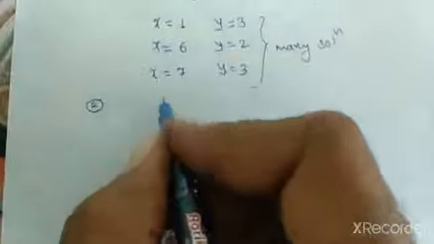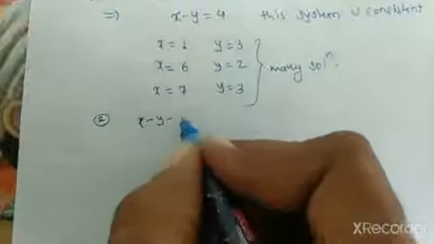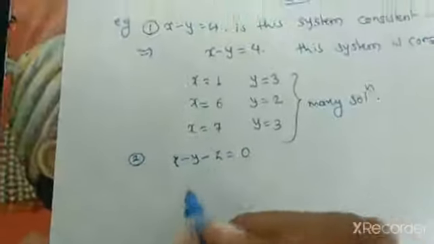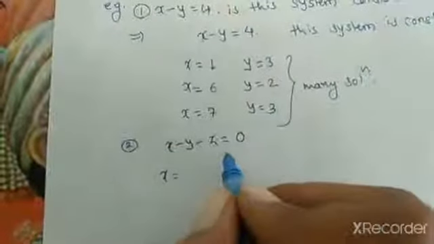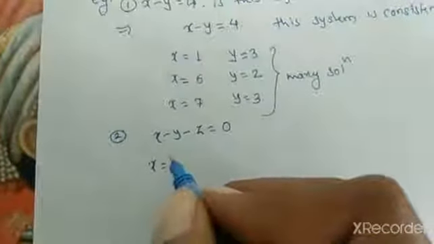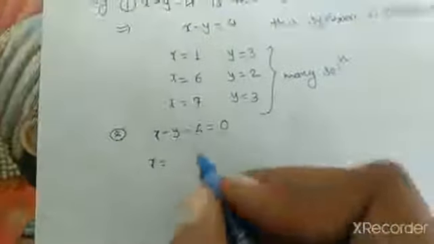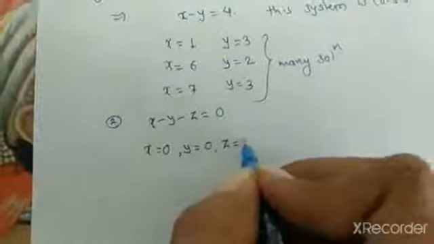Next, consider an example. x minus y minus z is equal to 0. If there is only one equation, we can directly, by observation, consider any values of x, y and z. If we take x is equal to 0, y is equal to 0, z is equal to 0,